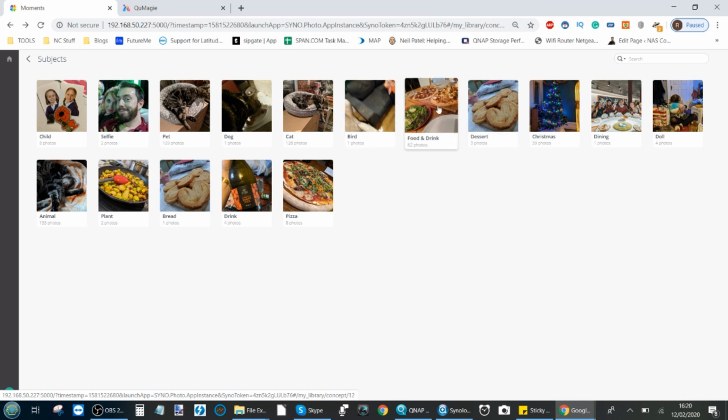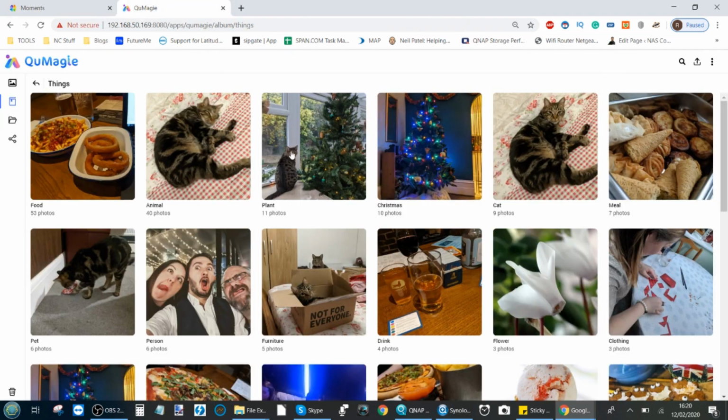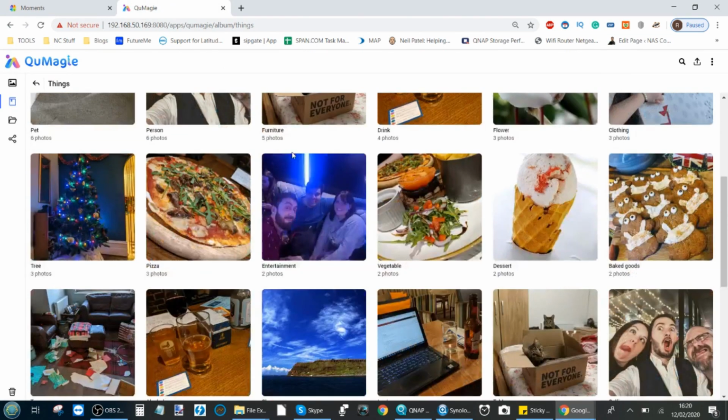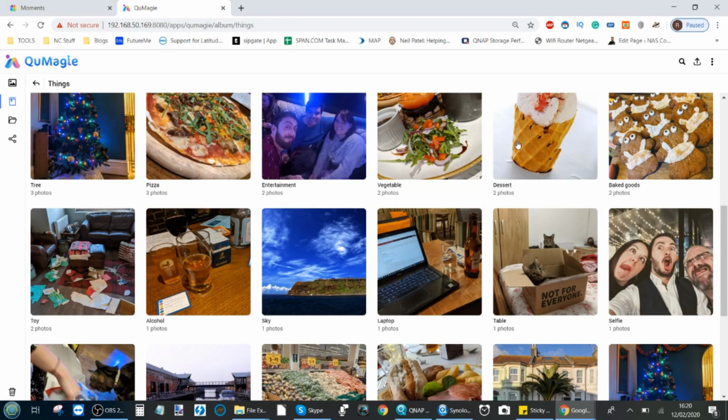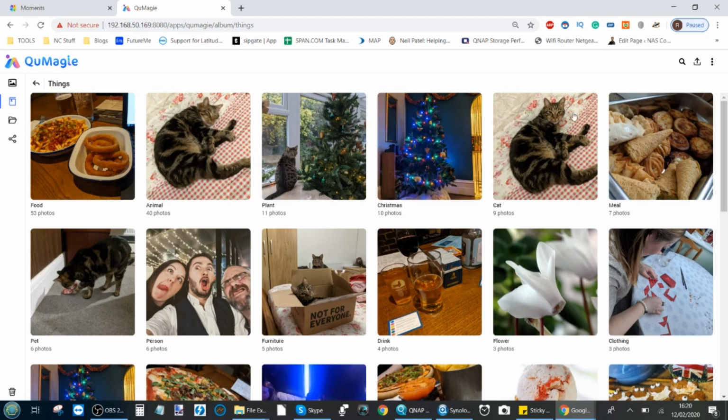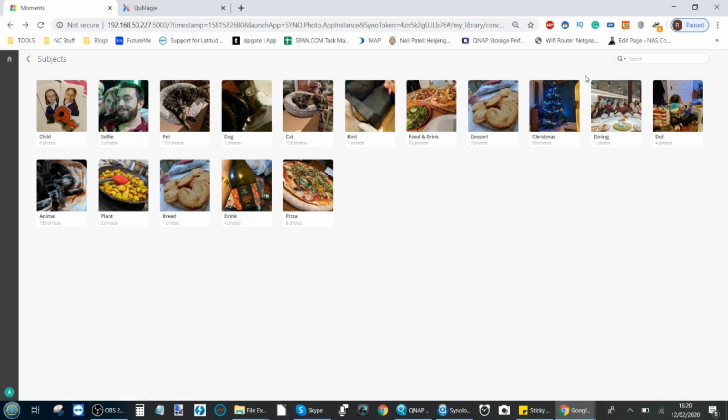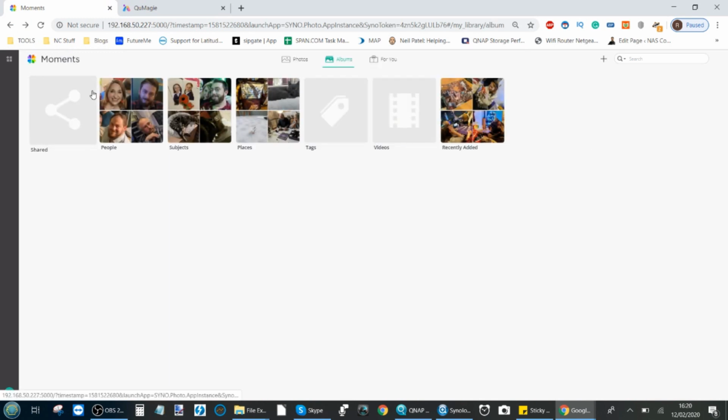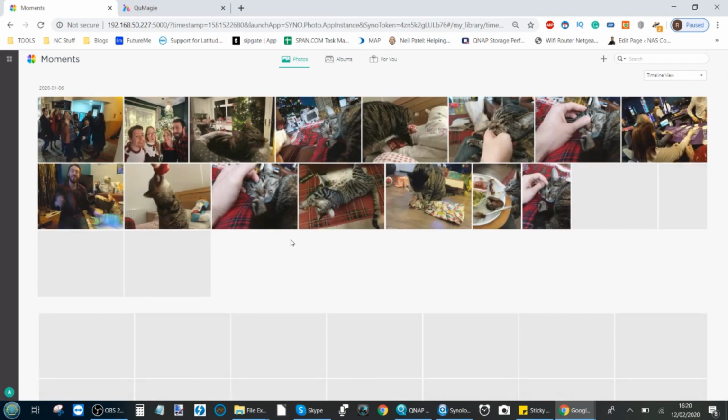Now we've got food and drink, we have dessert, and we have dining. New objects that weren't available here on the QNAP selection. We have dessert, but dining goes under different names, which shows that there is slight tweaks and differences between both of their AI-powered recognitions. If we look at an individual photo, so if we go back to the photos listing,